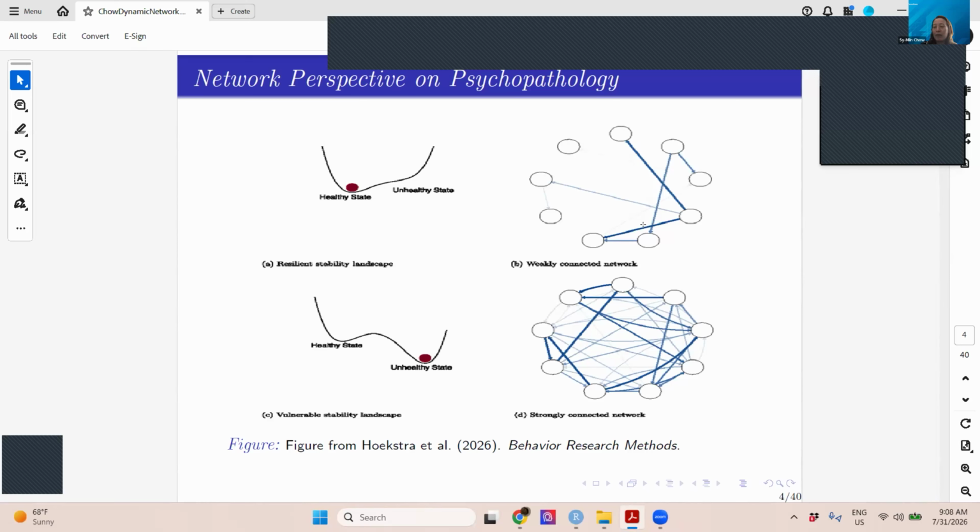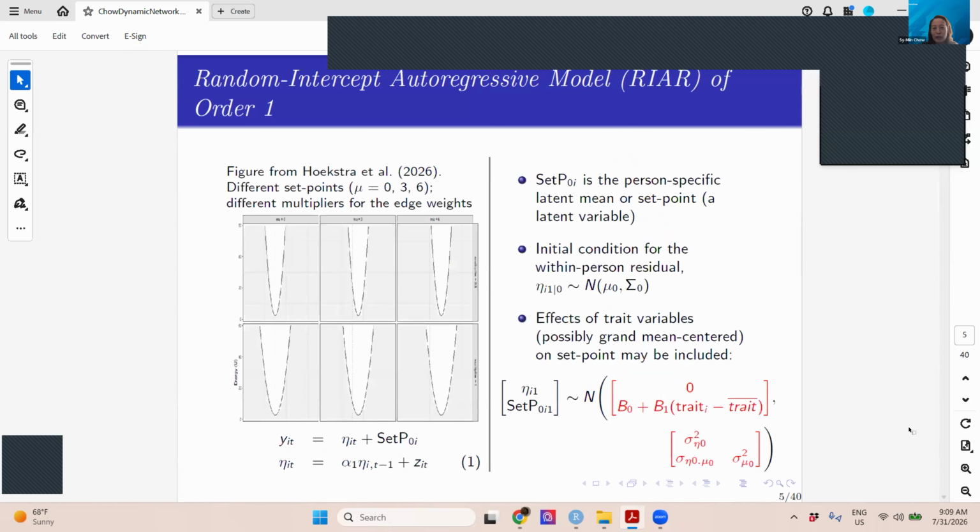So some might say that a network that is more strongly connected may, in some cases, actually correspond to high psychopathology. When we have a lot of different emotions that are so densely connected that when you are depressed, you also feel angry, anxious, and so forth, then it may be harder for you to get out of unhealthy states. So the model that we are going to be talking about, a vector autoregressive model, is related to a lot of models by similar names.